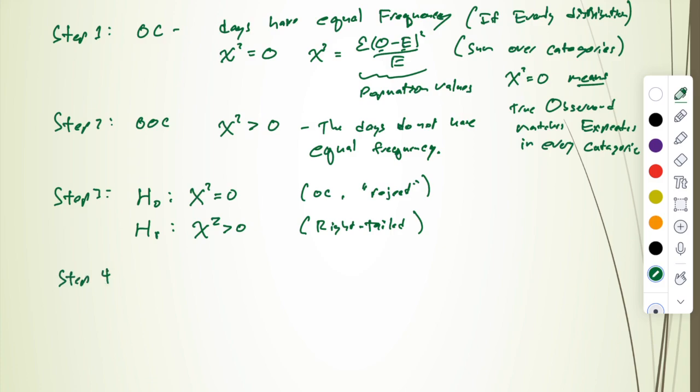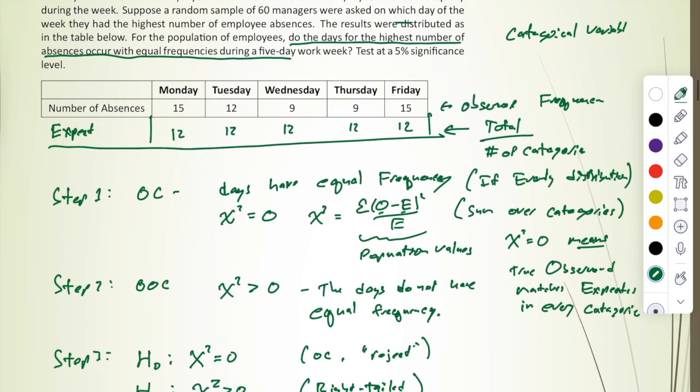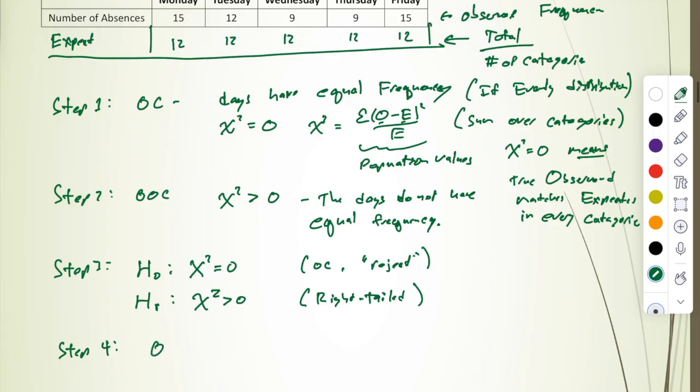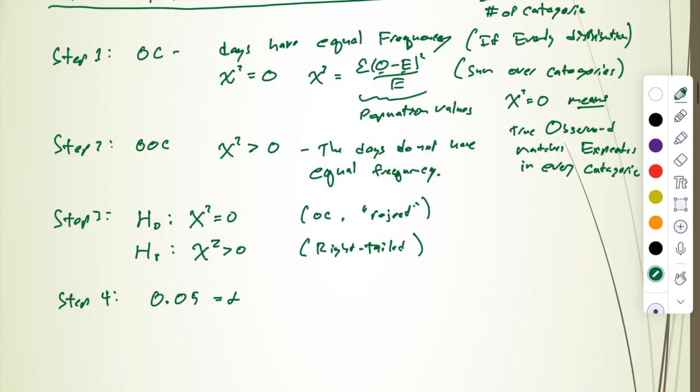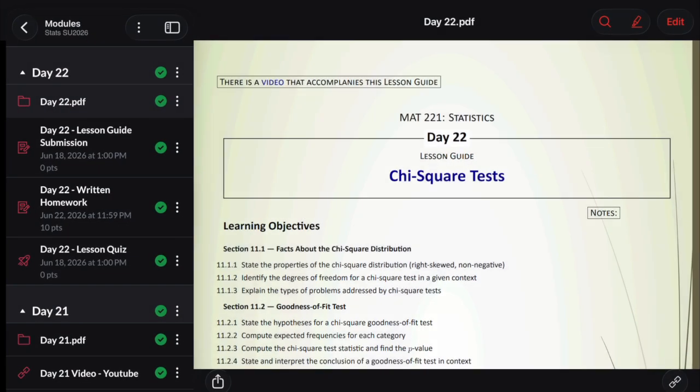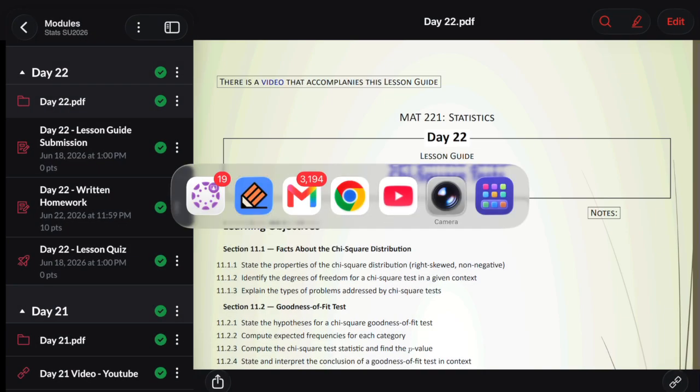And as the book said, these chi-squared tests are almost always right-tailed. Okay, now it's time for step 4. What is the significance level they want? It's 0.05 is our alpha. All right, and now for the best part, this is step 5. Okay, so none of that process was really very new to us. We've seen those first 4 steps. What is new, however, is going to be